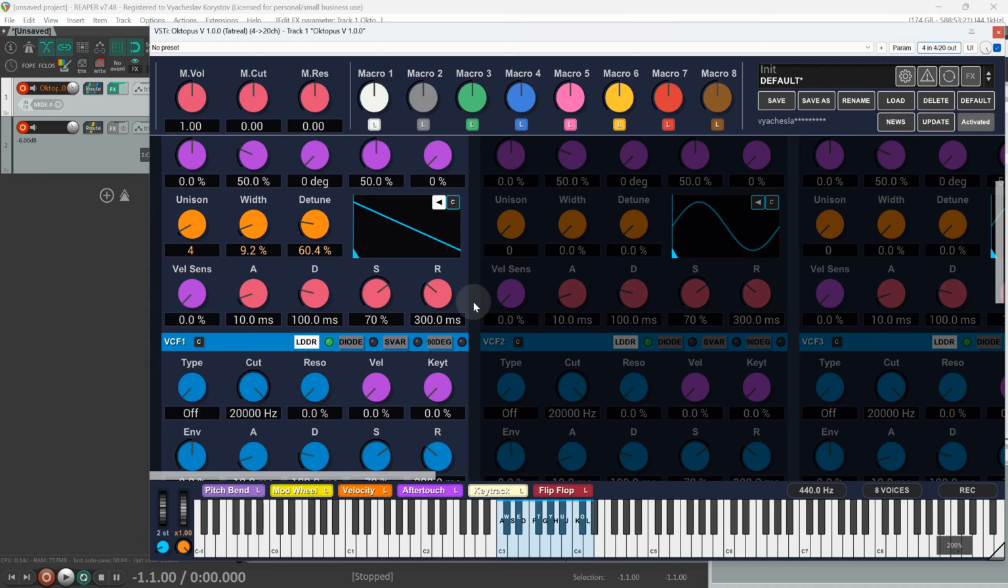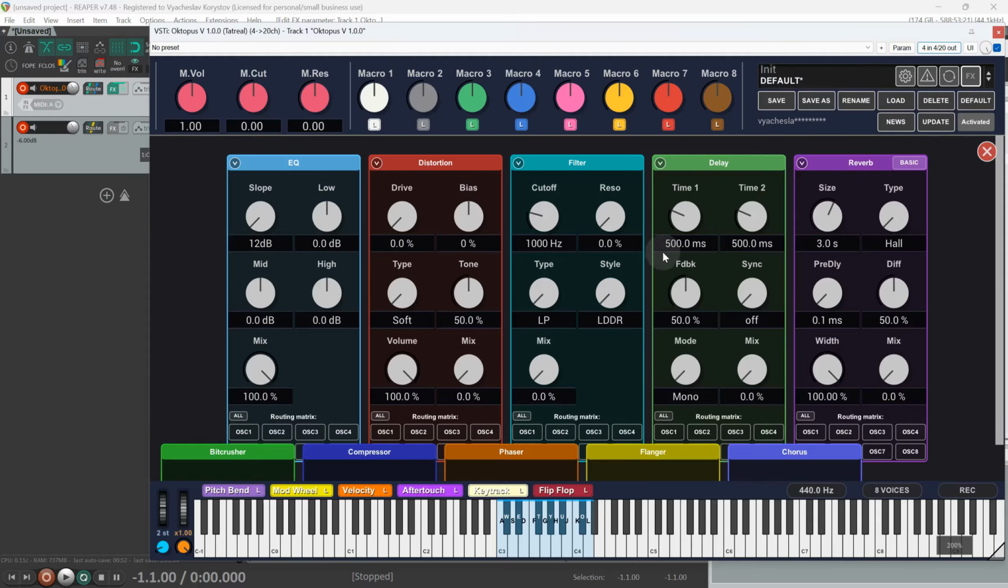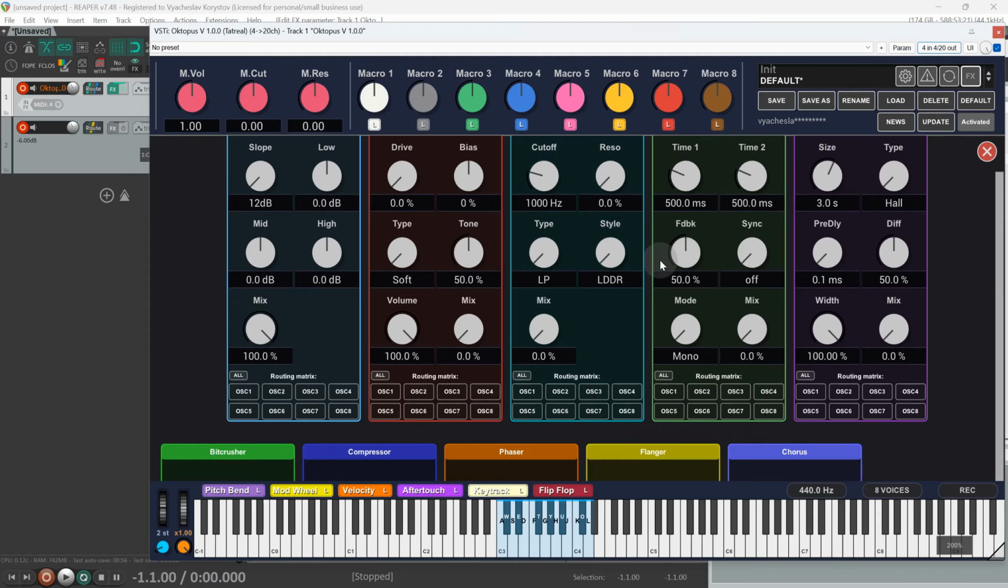Okay, you've created your sound. Now let's add some final effects. Here's the effects overlay. There are 10 basic effects. The layout you can see is the guitar pedals like. You can send individual blocks to the pedals,